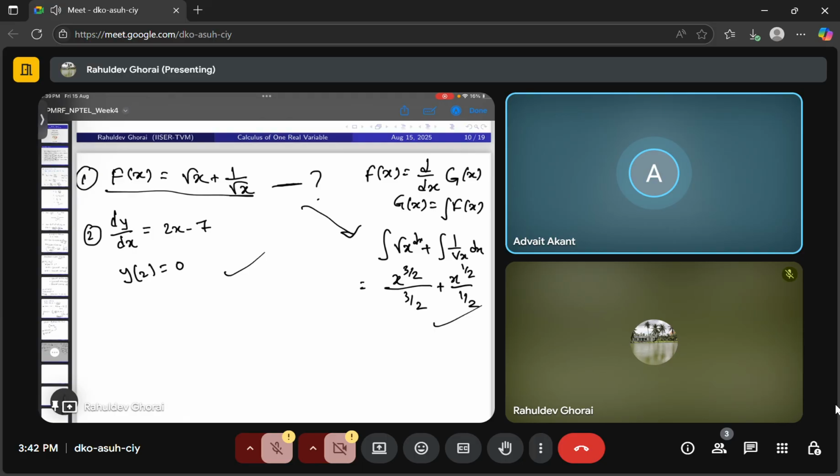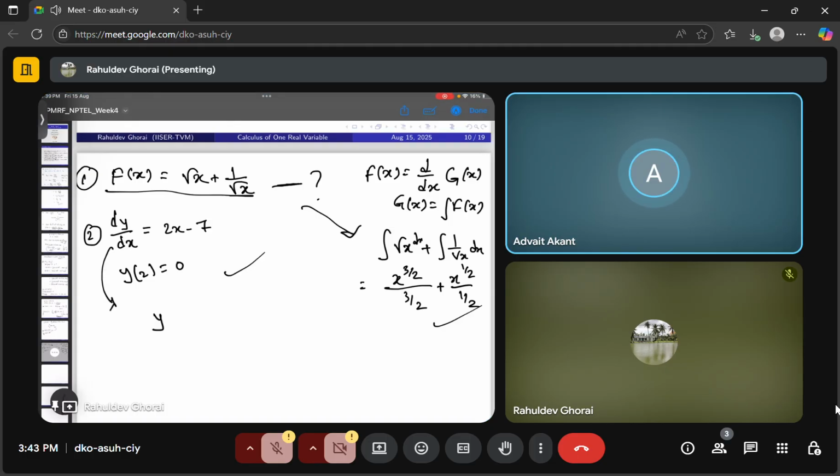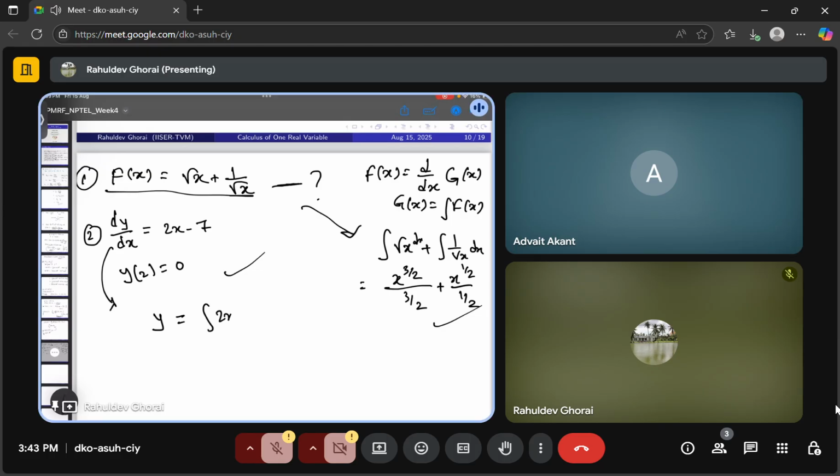What is y as a function of x? But why are these differential equations in this lecture? No differential equation solving was there. I don't understand why this. But y will be the integral of 2x